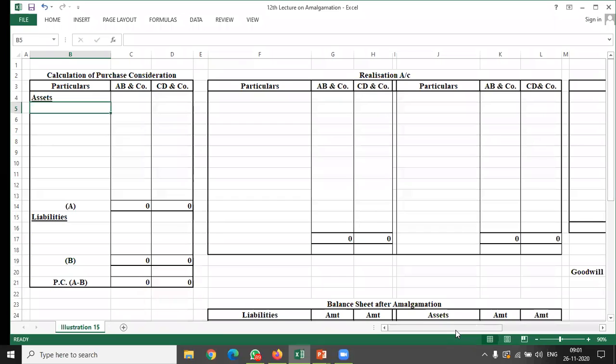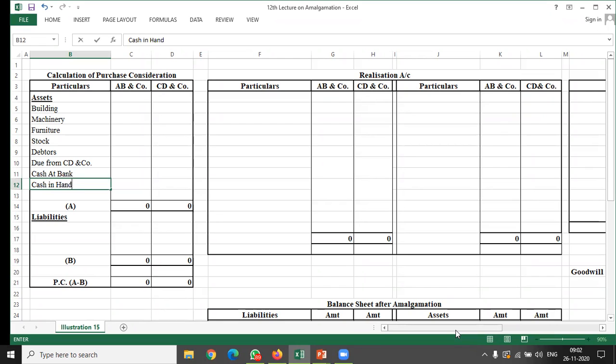Building, machinery, furniture, stock, debtors, due from C, D and company, cash at bank, cash in hand, and